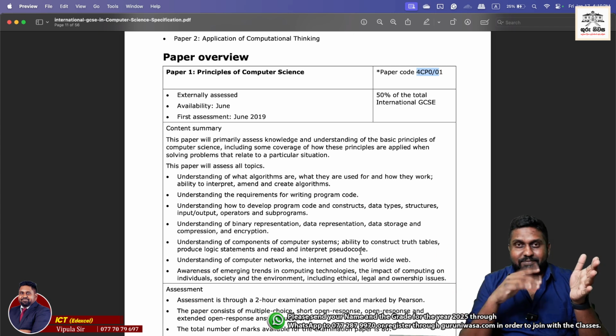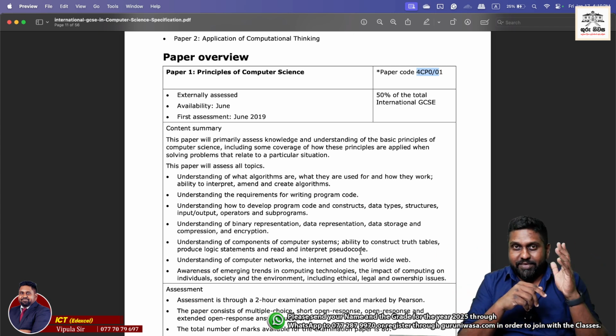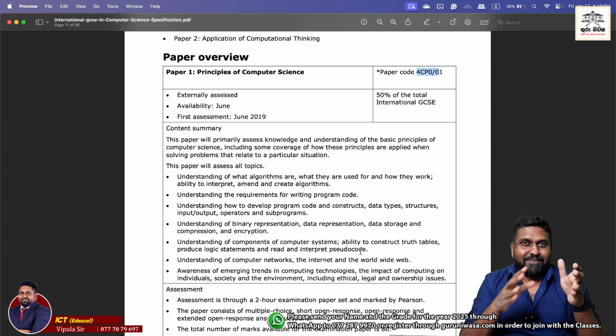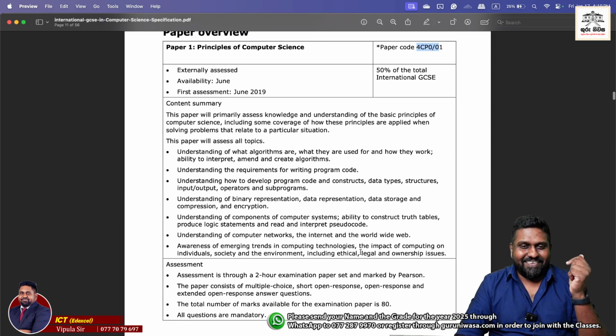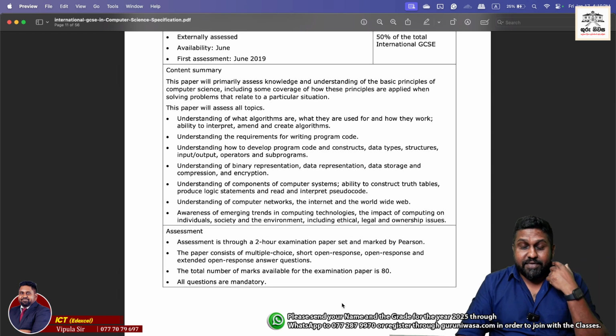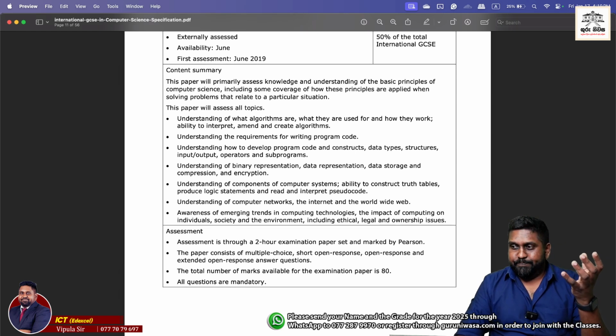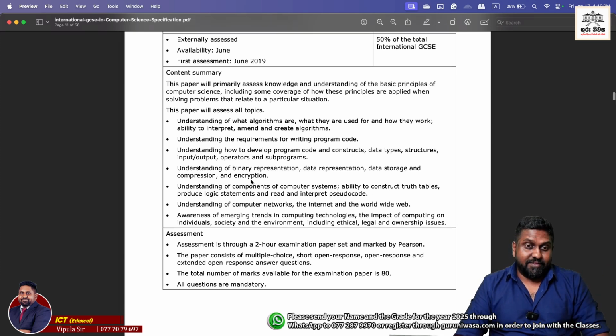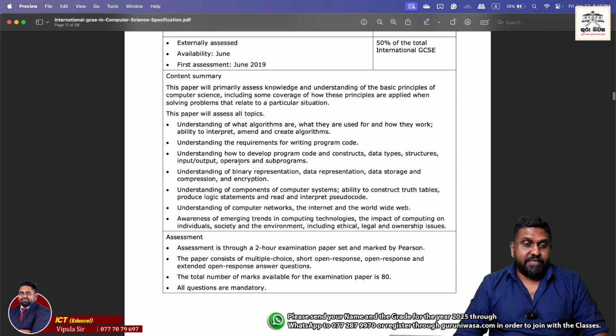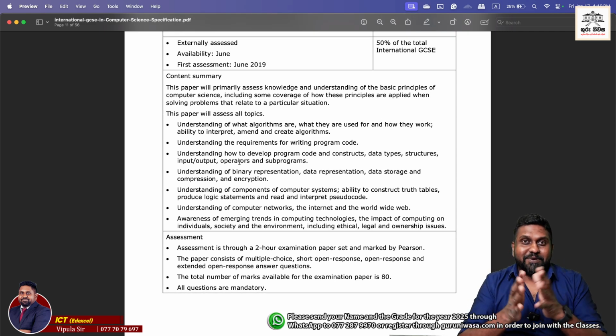So simple, zeros and ones, we create the table, and if the table is correct, or at least partially correct, then yes, you get the marks. And then it asks about some common knowledge, about awareness of emerging trends and computing technologies and so on and so forth. Okay, perfect. That sets aside the content summary. Now this is what is most important, right? The paper itself. So the assessment is